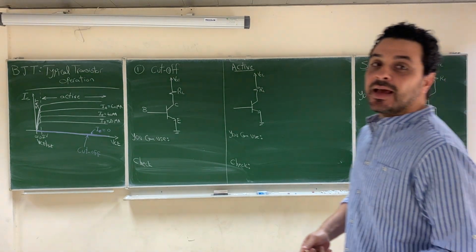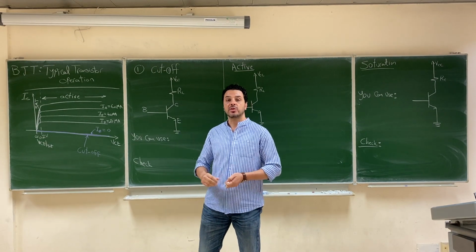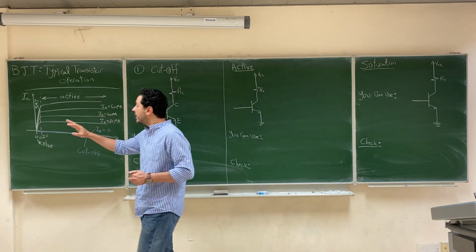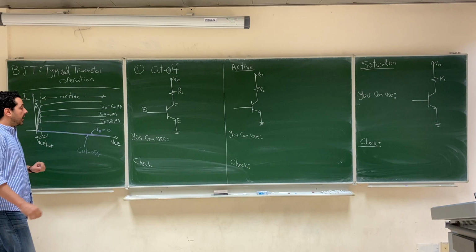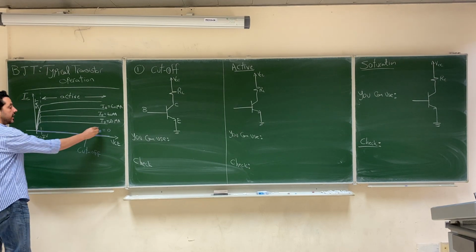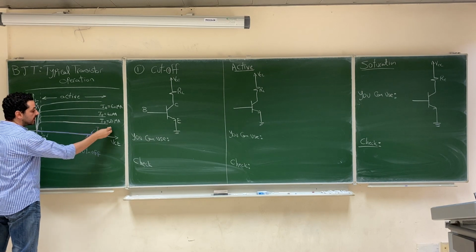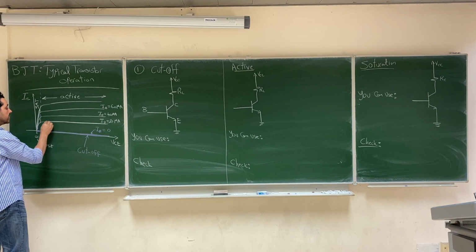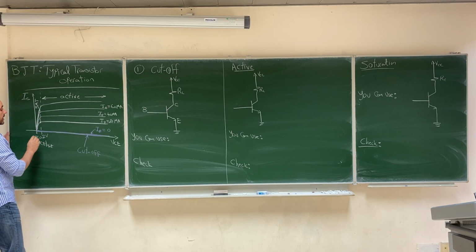Previously, we have discussed the IV characteristics of the bipolar junction transistor, and we found that one of the most important curves in the IV characteristics is the relation between the collector current IC and the voltage VCE. And we found that this relation is basically a straight line for a certain value of I base, let's say I base equals 20 microampere. IC will be constant up to a certain point called VCE saturation, and then it will start to decrease until